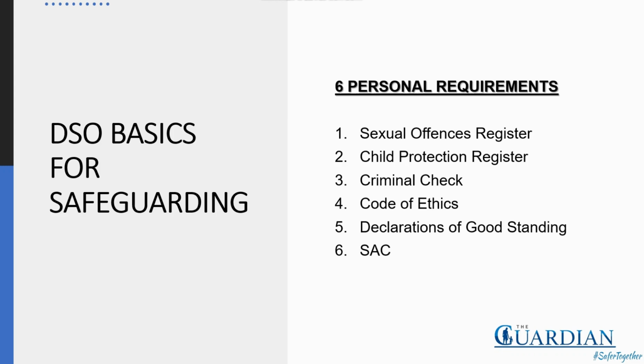This is according to the CAS and Action Plan. This has to be done. You have to have some kind of training in the safeguarding space. The SAC course will cover the very basics of safeguarding, things like what is harassment, how do you identify harm, what do you do if somebody does disclose information to you, etc. It is a very basic course, and like I said, it doesn't take a huge amount of time to do. Everything is online, and the little exam that you're going to complete is a multiple choice exam.